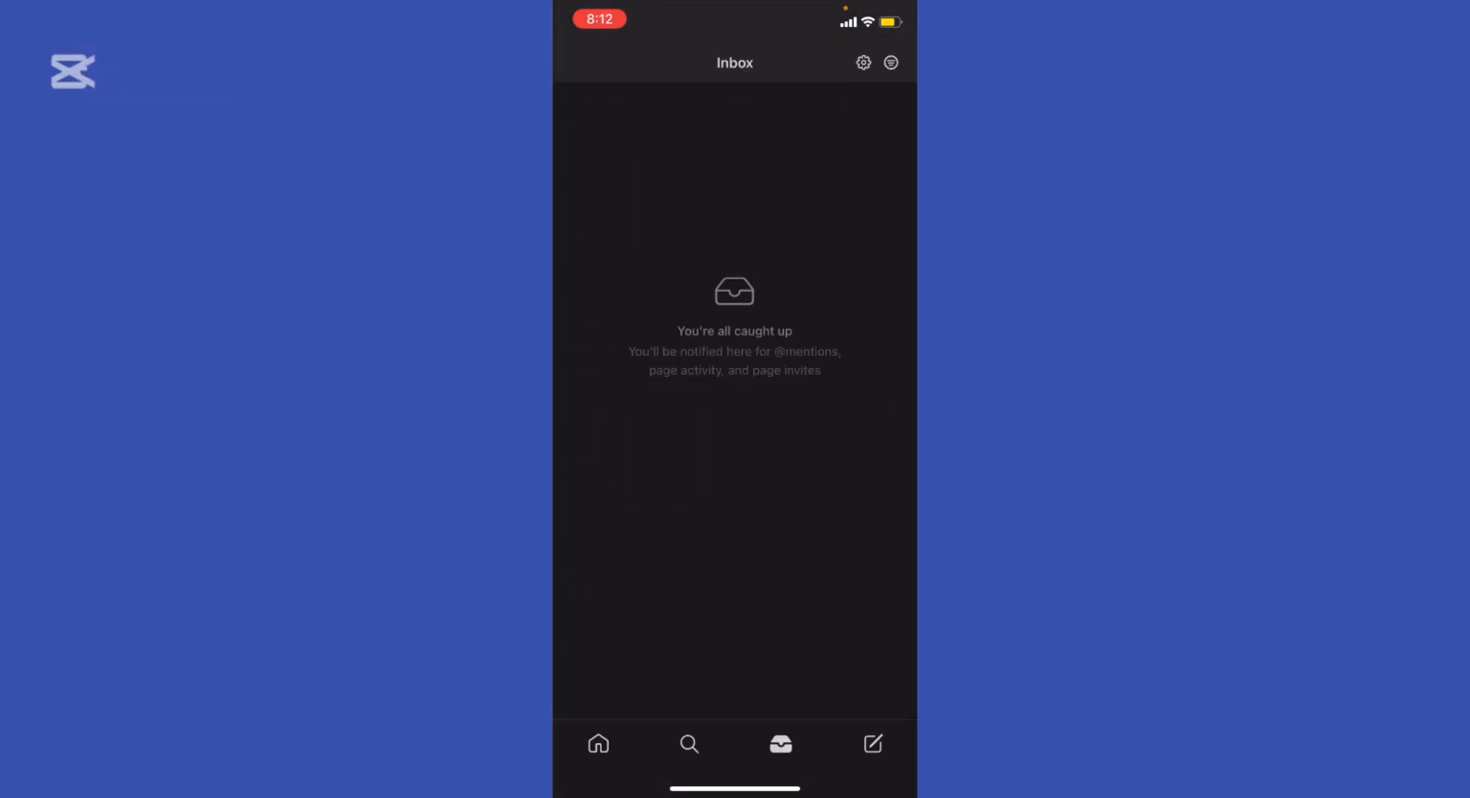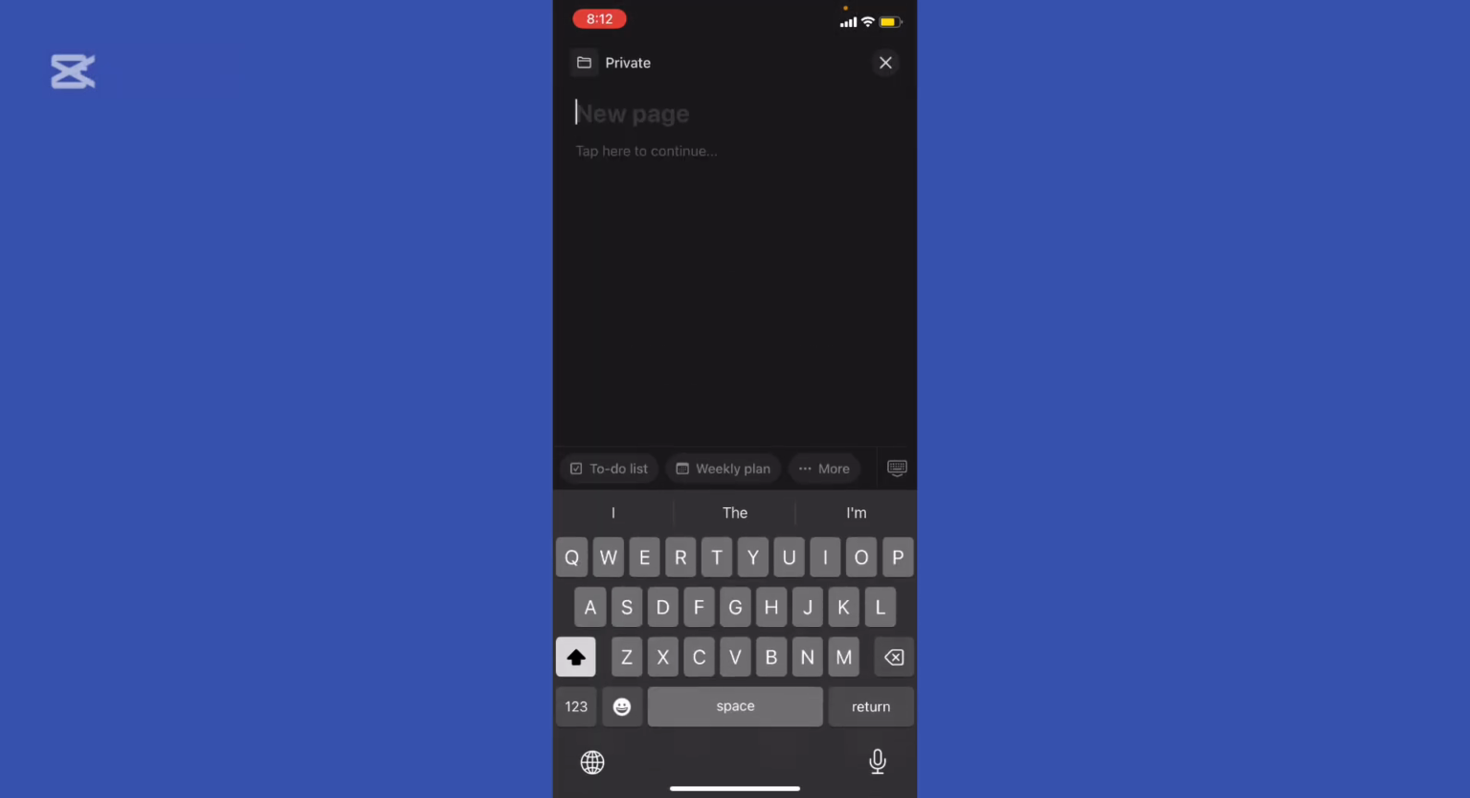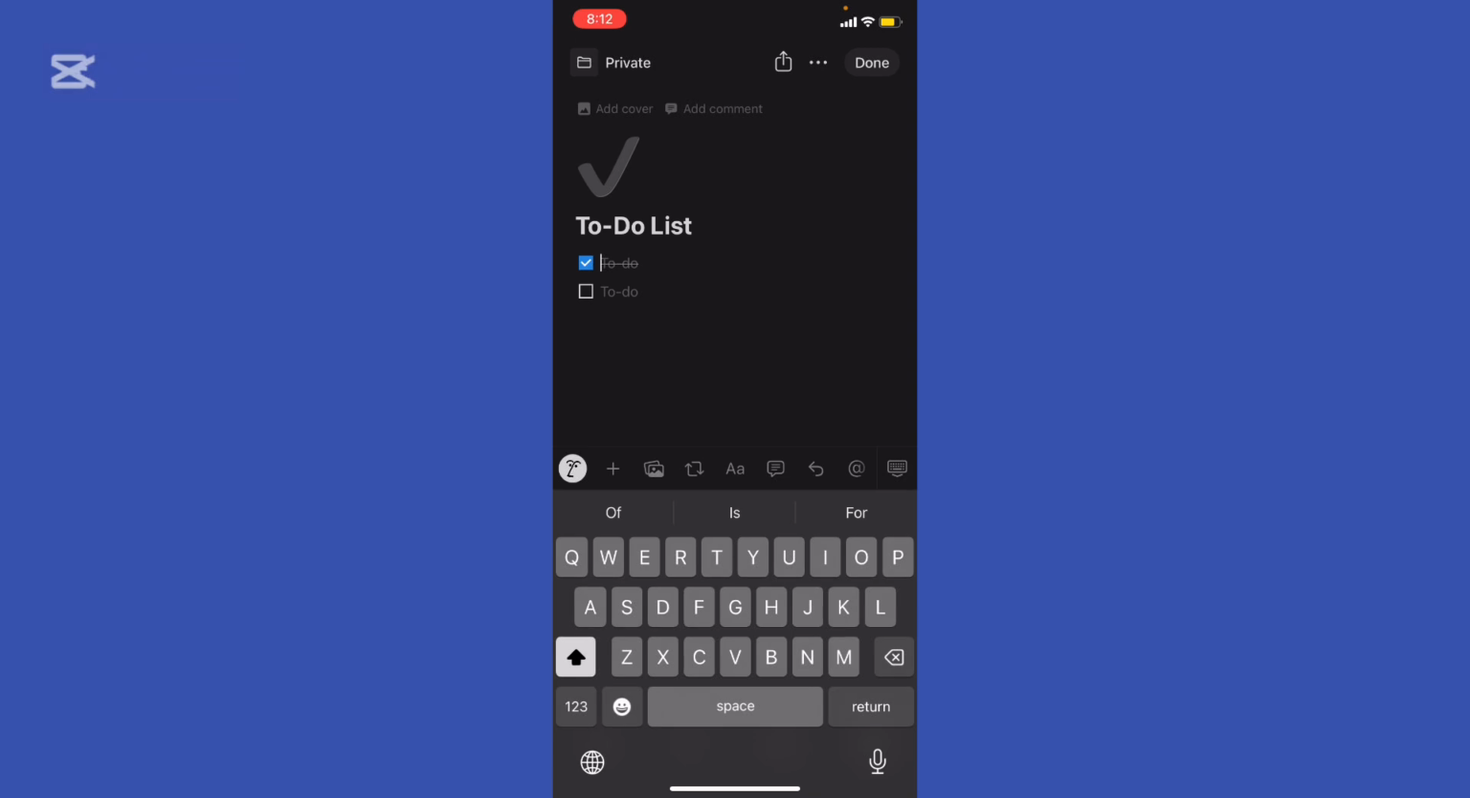You can see right here the inbox. If someone reached out, like sent you a DM or invite, you're going to be able to see it somewhere right here. And you can see the pencil at the bottom right. You can create your to-do list or your weekly plan, right? As you can see right here, powered by AI. You can hit the check mark for